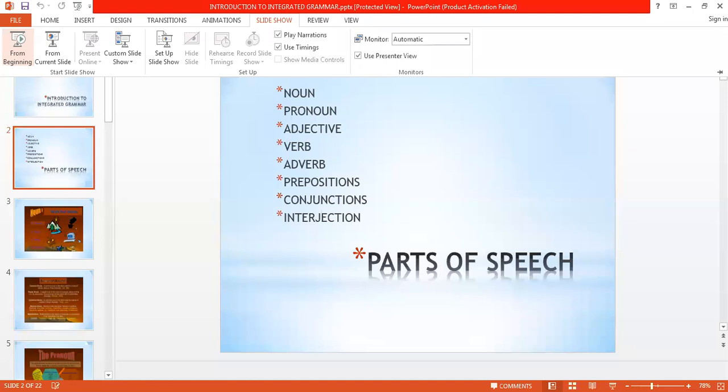Exclamatory adjectives and interrogative adjectives. Exclamatory adjectives are exclamatory words which are used following nouns, same as interrogative adjectives. Some words which follow the nouns are called interrogative adjectives. So the difference is the same as we have already told you with the pronouns and adjectives. If the word is replacing the noun, it will become a pronoun. If the word is describing a noun, it will become an interrogative or possessive or distributive or demonstrative adjective. I hope this is very clear to everyone. Now let's come to the next part of speech. It is the verb.